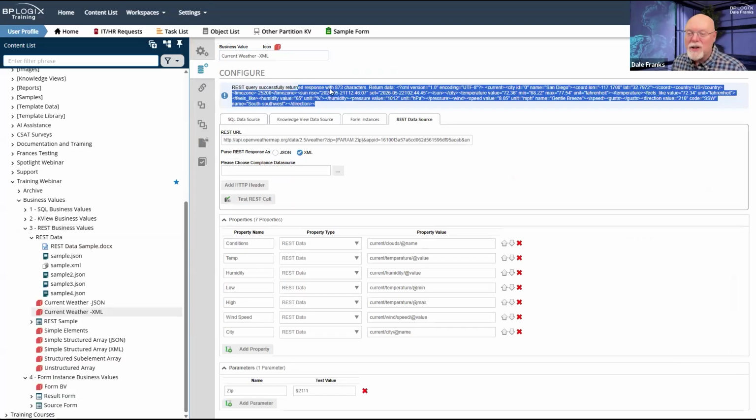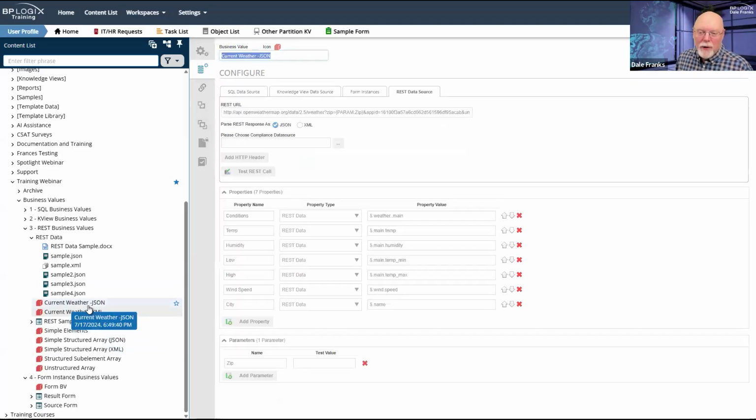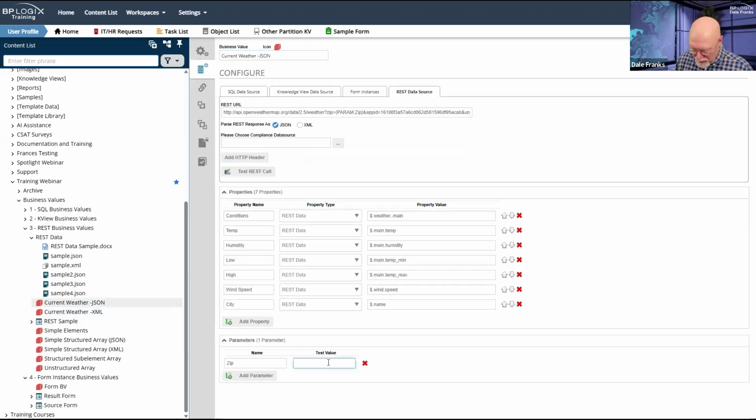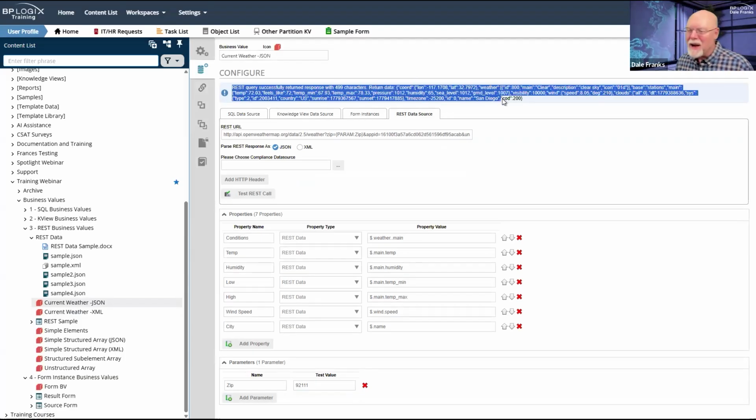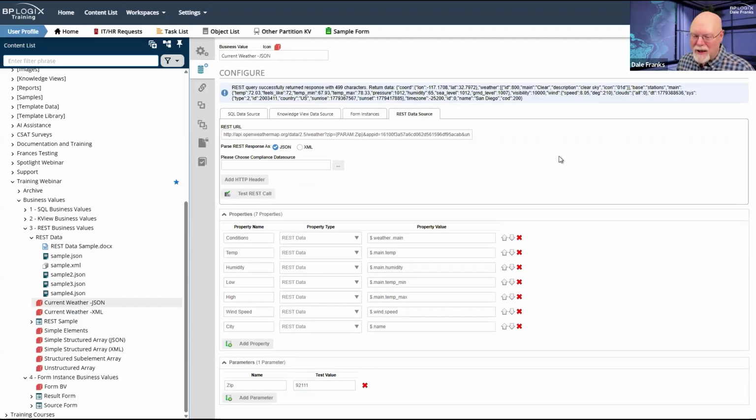It is going to show me that it's returning 873 characters, and it's giving me basically the REST web call. I'm kind of curious. If we go to current weather JSON and I enter 92111 and I test that REST call, that successfully returned 499 characters. But again, I can see the REST data that gets returned.